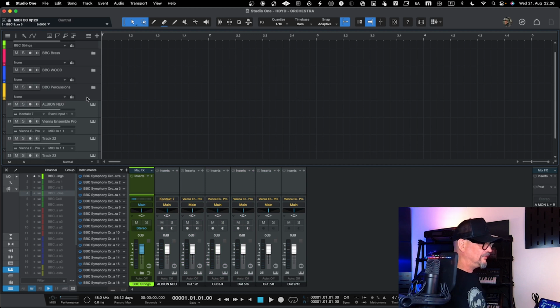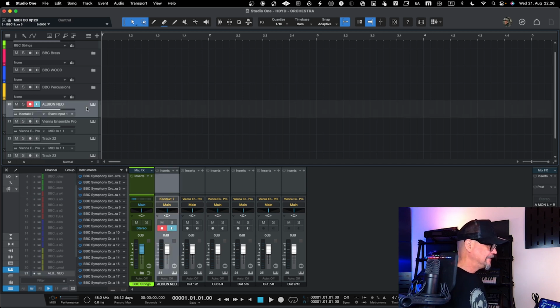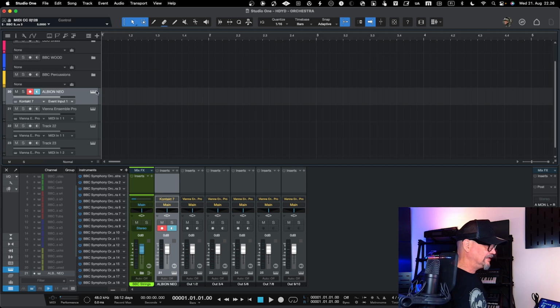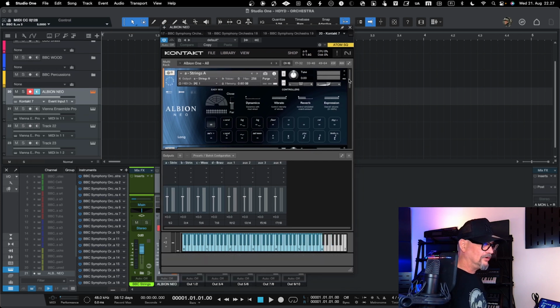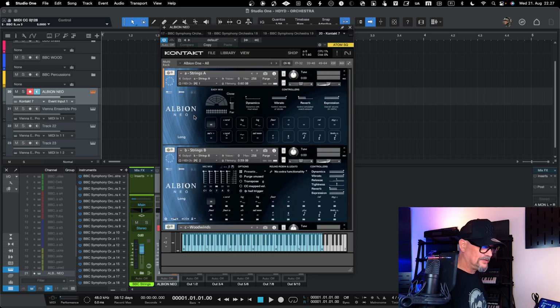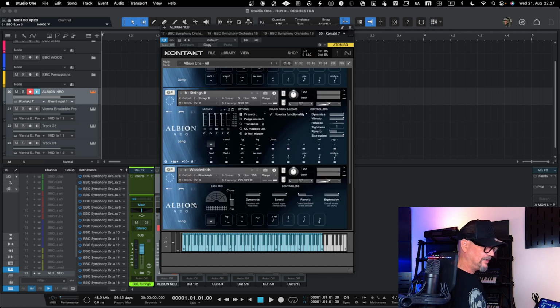Another way of building a template is using instruments that can host multiple instruments within them. For that I have taken an example with Native Instruments Kontakt, and into Kontakt I have already loaded several instruments, because with Kontakt you have the ability that in a single instance of Kontakt you can have multiple Kontakt instruments. Like in my case I have now strings A from Albion Neo, strings B, woodwinds, and